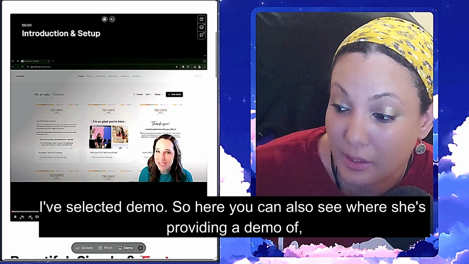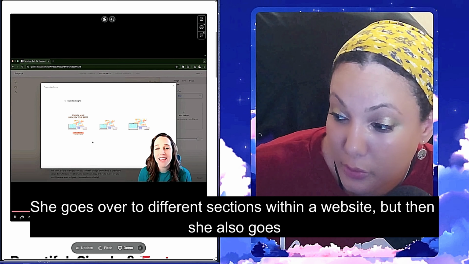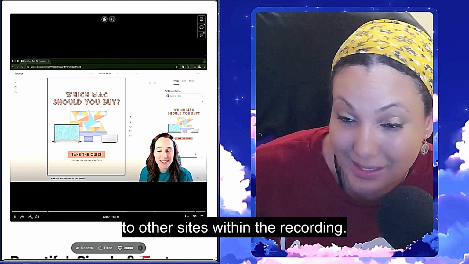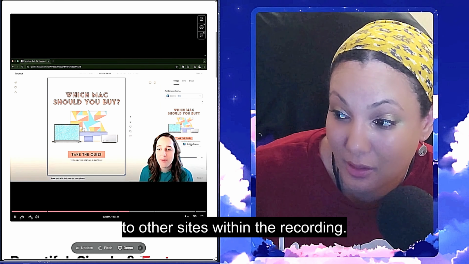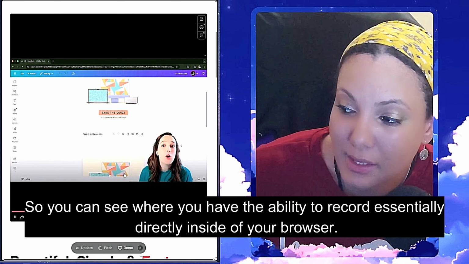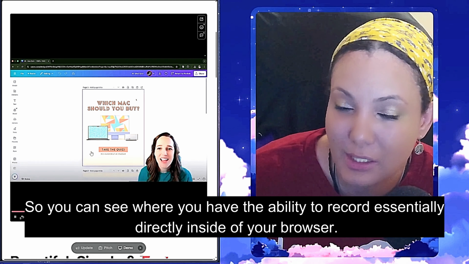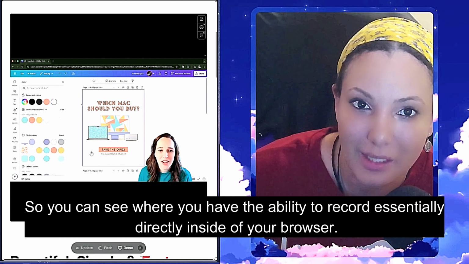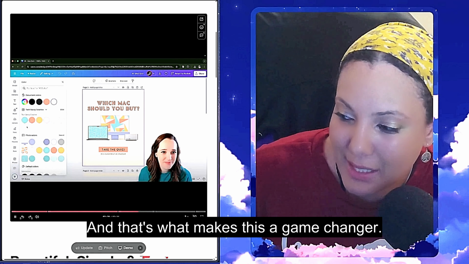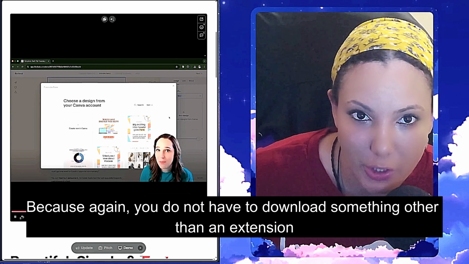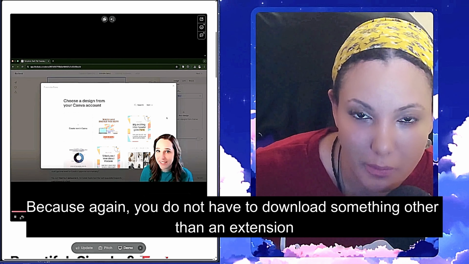She goes over to different sections within a website, but then she also goes to other sites within the recording. So you can see where you have the ability to record essentially directly inside of your browser. And that's what makes this a game changer, because again, you do not have to download something other than an